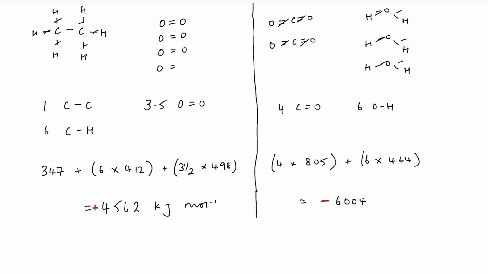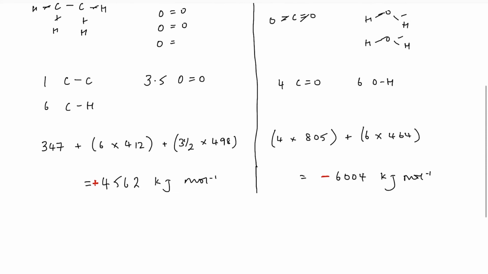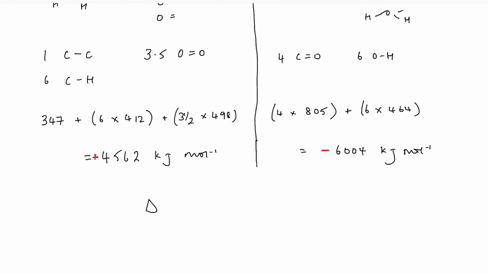It's exothermic, so I'm going to put a negative value in there. And then I'm just going to add those two numbers together. So, delta RH for this particular reaction is going to be plus 4562 plus minus 6004, which comes to minus 1442